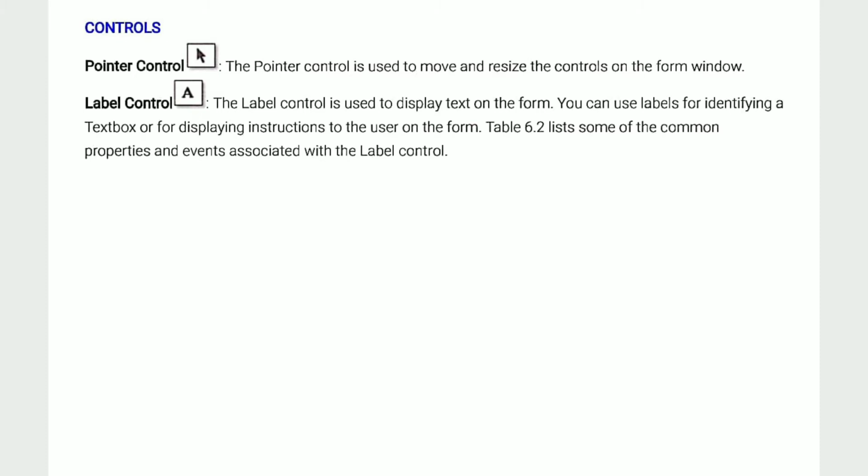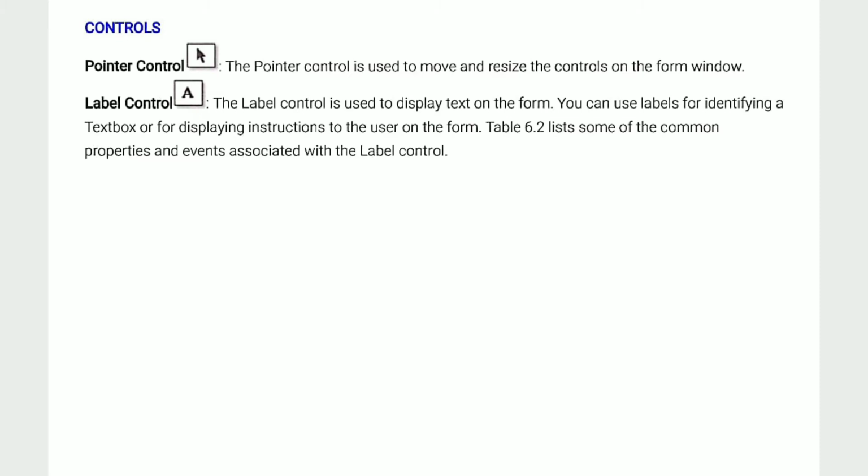Okay, we can use these labels for identifying a text box or for displaying instructions to the user on the form. You may have seen many times whenever you fill up any form for providing information, suppose the word name is written, and just in front of that word name there are different text boxes to enter the name.